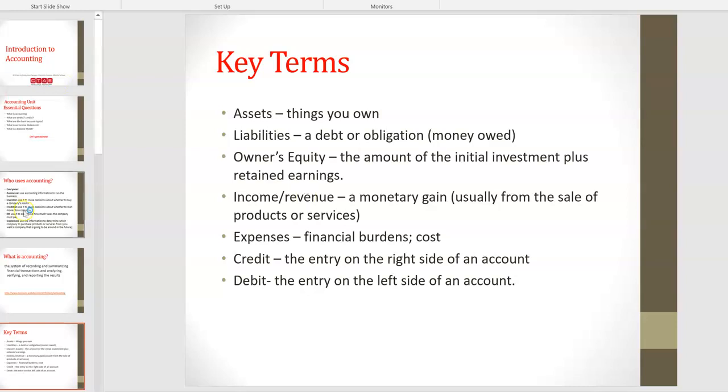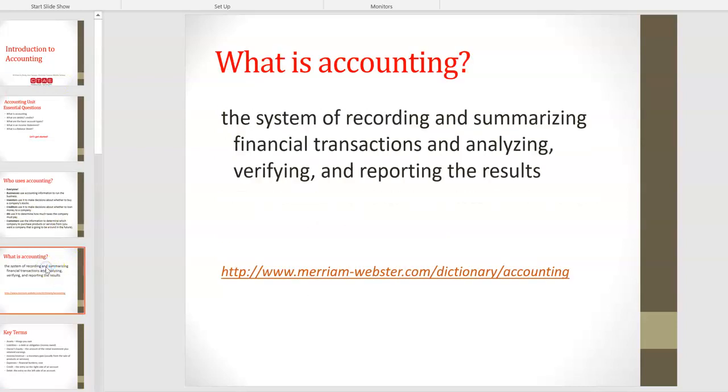Accounting may seem a little complex, but again, all you're doing is just tracking what's coming in, what's going out, and showing what is happening on the financial side of a business. Hopefully all of this makes sense. Once you are finished watching video 1, then you should move on to video 2, which explains in more detail debits and credits and talks more about balance sheets and financial statements.